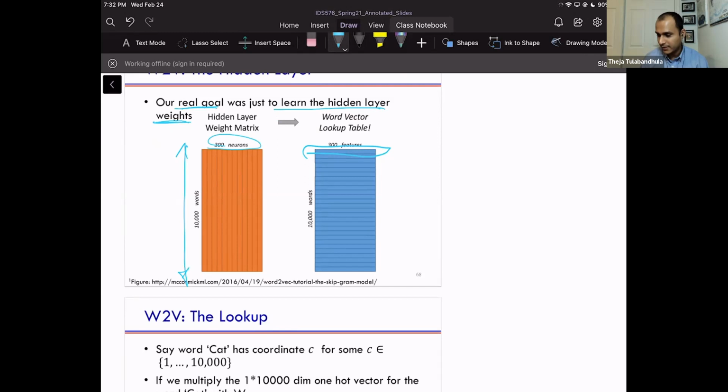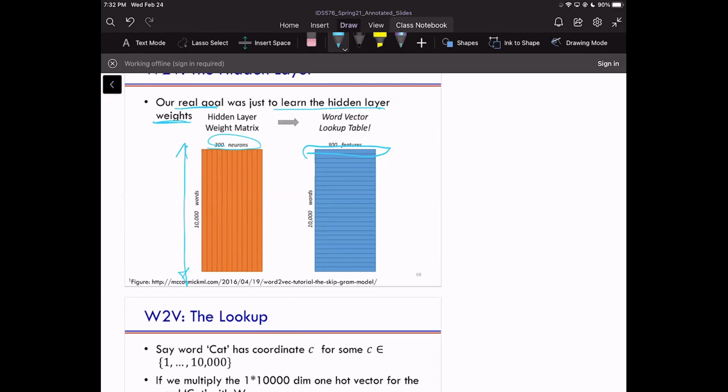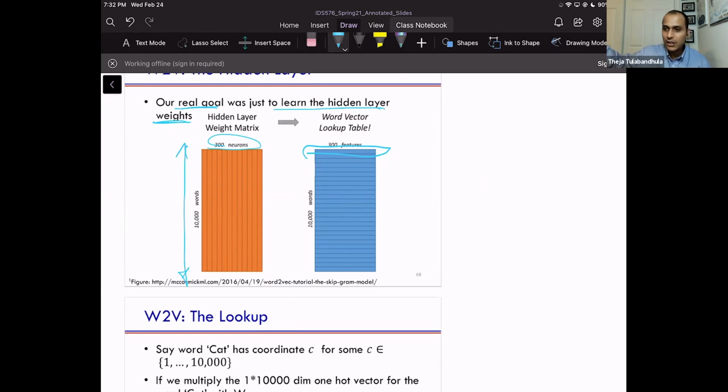So think of that one hidden layer neural network. There are two sets of weights, right? One going up to the hidden layer and then from hidden layer to output score. Let's not worry about the weights going from hidden layer to output. We're going to forget it. That's like the auxiliary classification task related thing. The weights which are going from input to hidden layer, those are what we continue to reuse every time, and that's exactly what you can download from the internet, like the one we saw earlier.